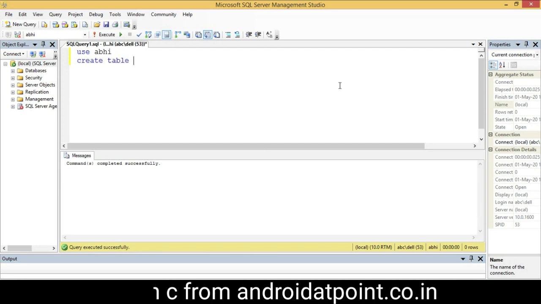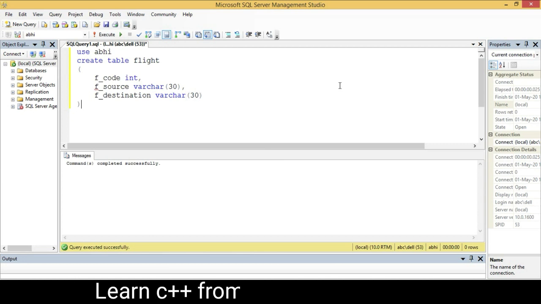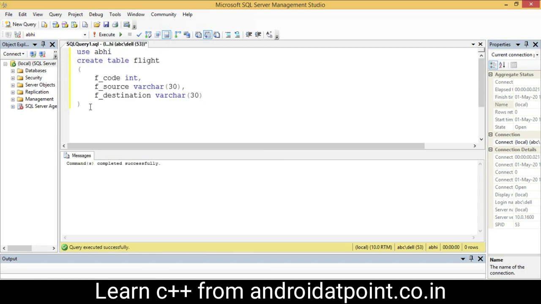Create table flight with three columns: F code, the flight code, as int, F source as varchar 30, and F destination as varchar 30. Select it and execute it.